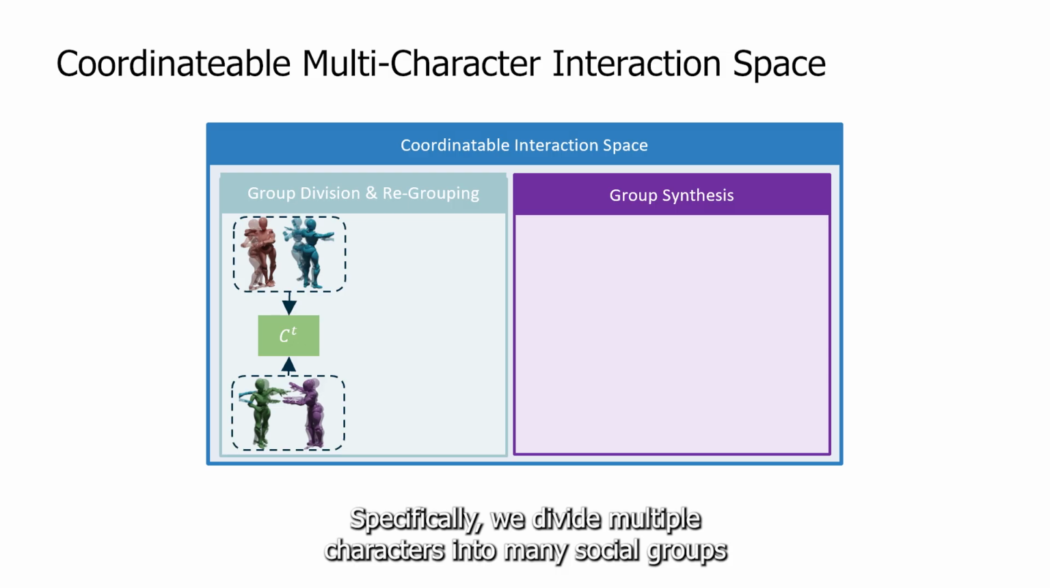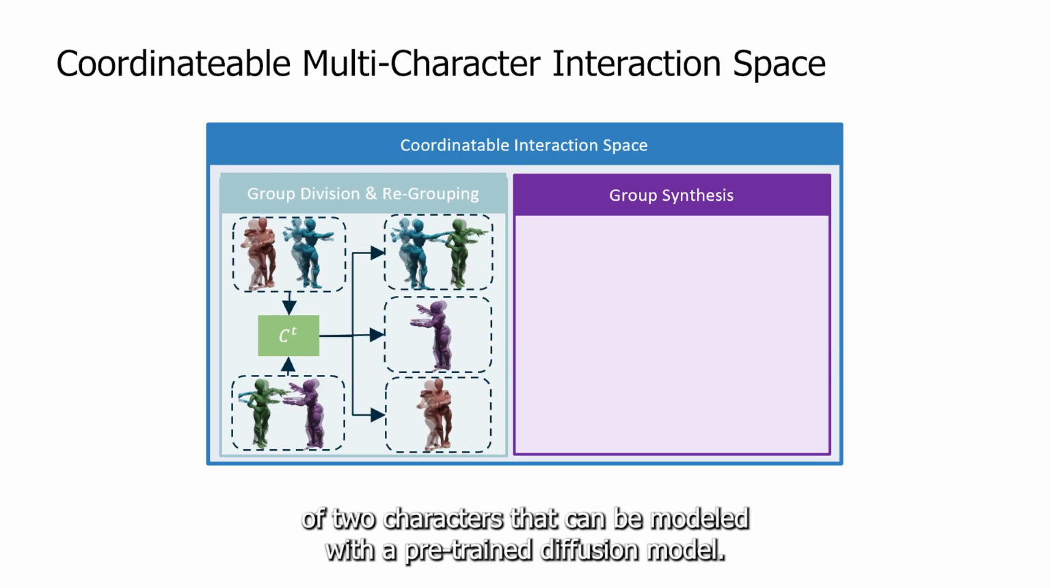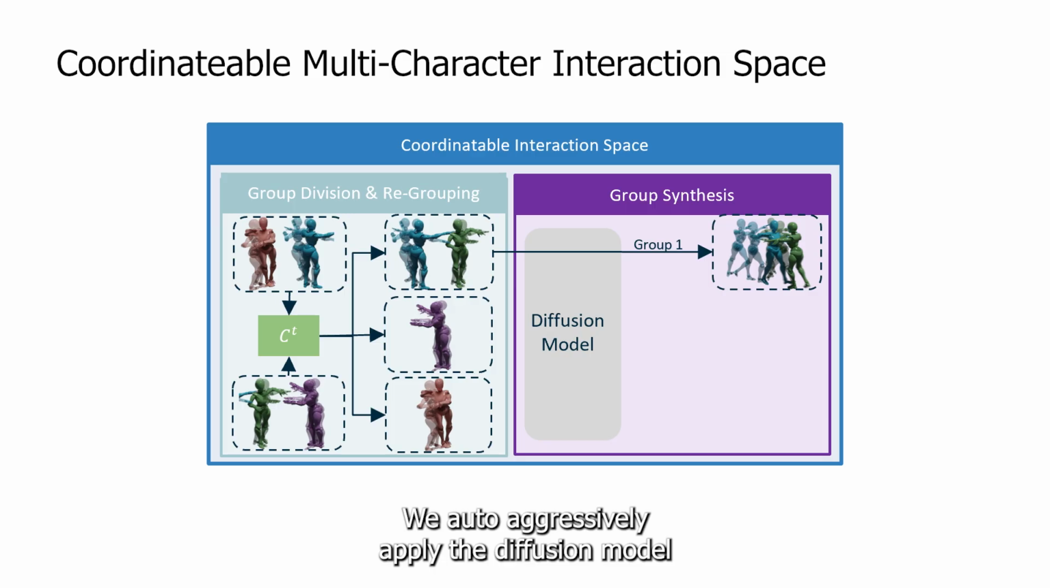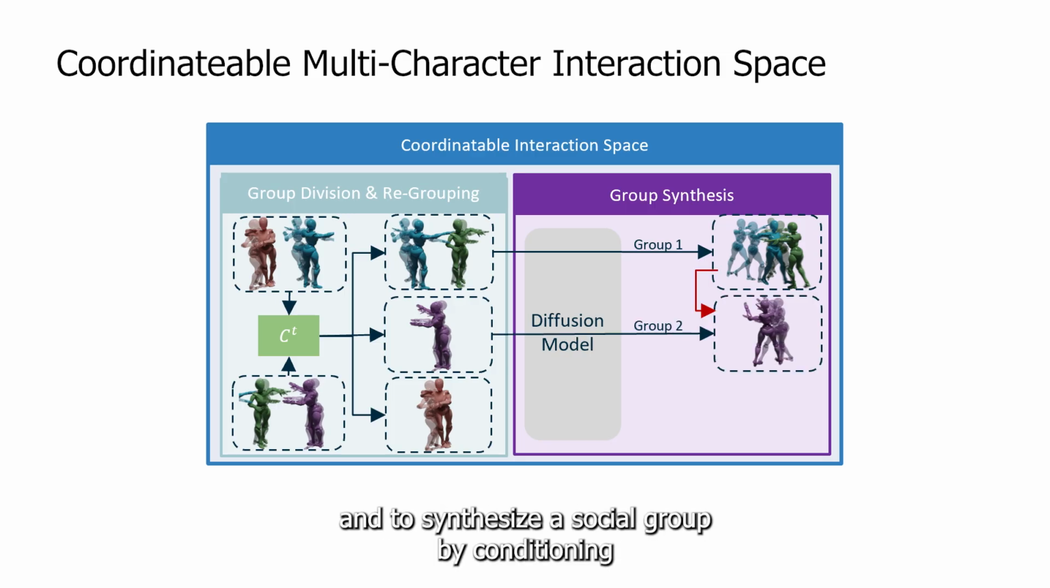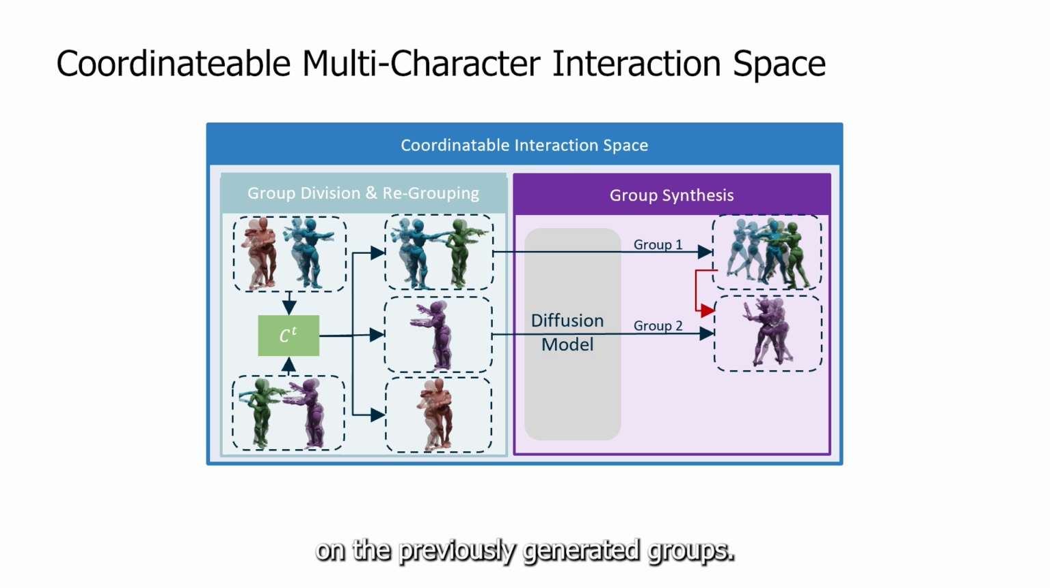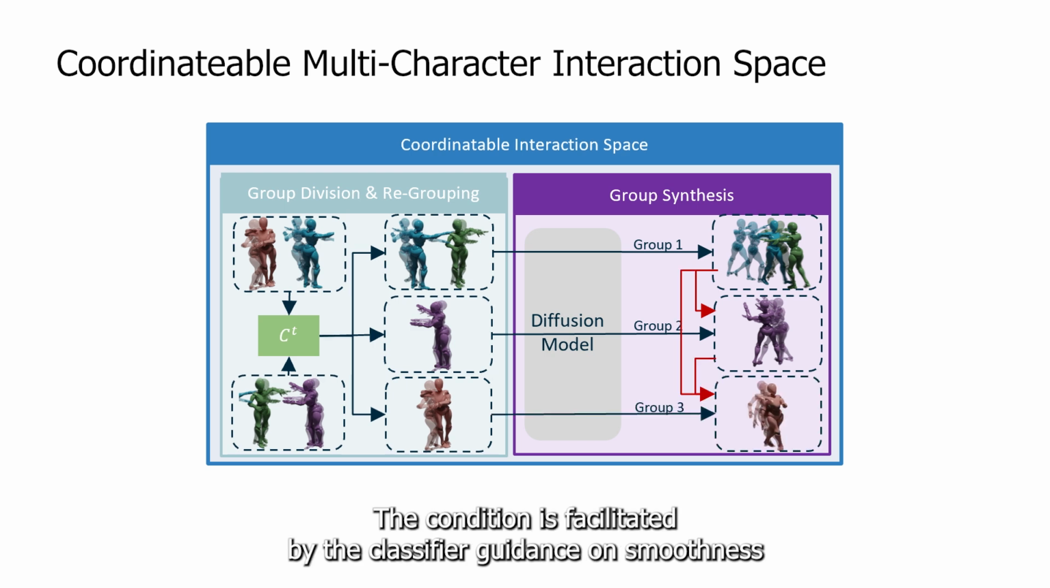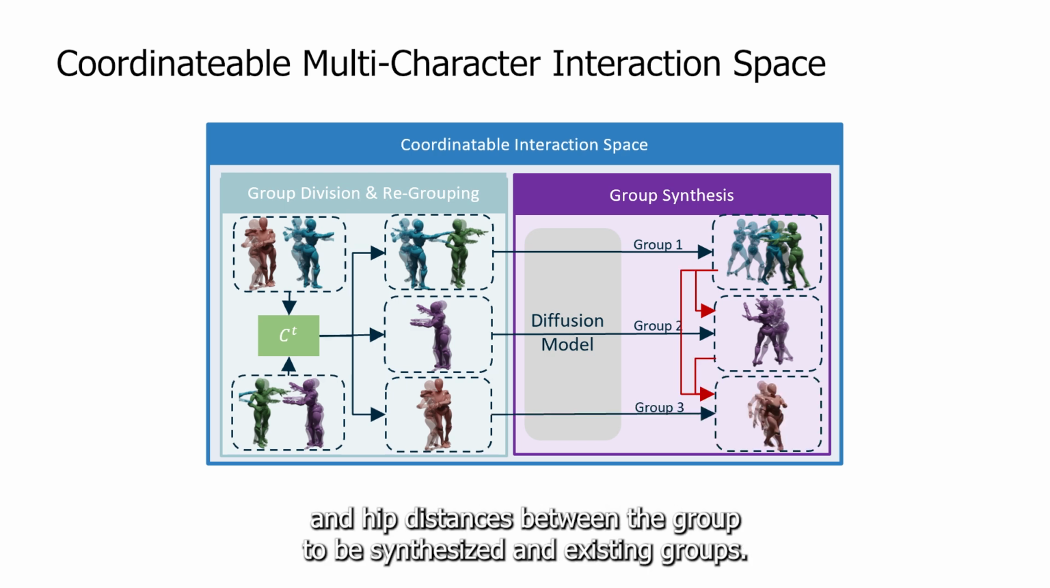Specifically, we divide multiple characters into many social groups of two characters that can be modeled with a pre-trained diffusion model. We auto-regressively apply the diffusion model to take observed motion clips of a social group as input and to synthesize a social group by conditioning on the previously generated groups. The condition is facilitated by the classifier guidance on smoothness and hip distances between the group to be synthesized and